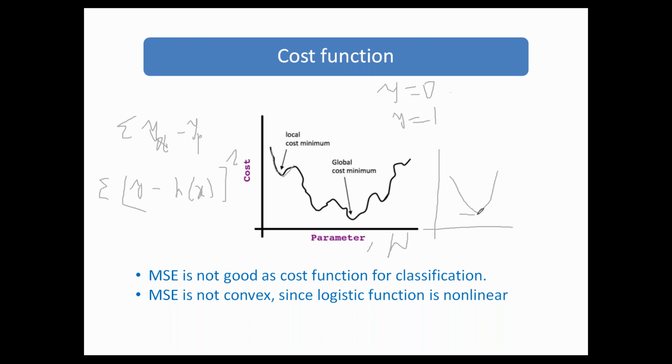For MSE in the regression, you have only one value, that is the minimum. But here you have local minimums and the global minimum. At this point also the slope is 0. So this is called a local minimum, this is called a local minimum, and this is the global minimum. There is no guarantee that if you are using MSE or the least squares cost function, you will not be stuck at the local minimum. The algorithm may stop here, because here also the derivative is 0, or the slope is 0.